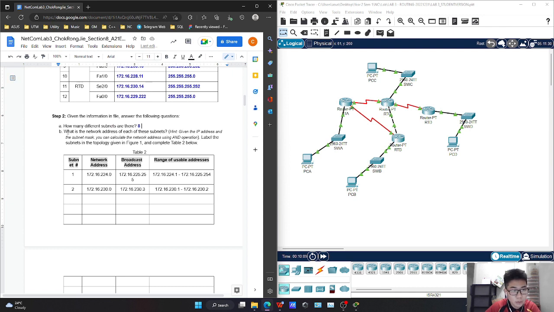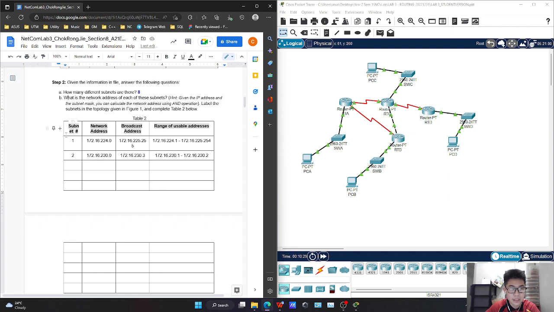Step 2B, what is the network address of each of these subnets? Hint, given the IP address and the subnet mask, you can calculate the network address using AND operations. Label the subnets in the topology given in figure 1 and complete the table below. This table 2 already gives us the information about 2 subnets. The first subnet has a network address of 172.16.224.0, and this is its broadcast address,